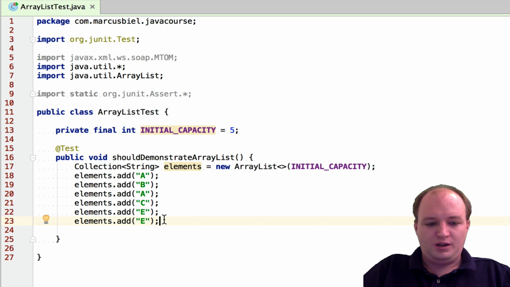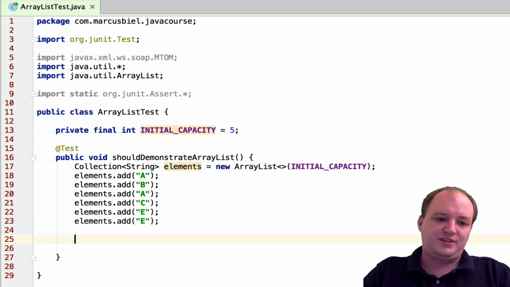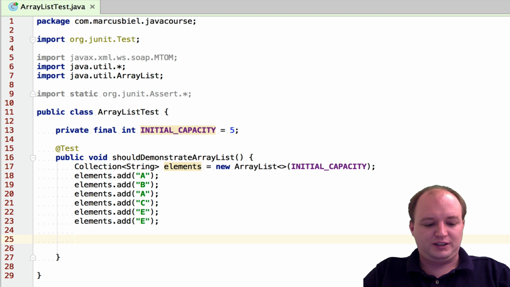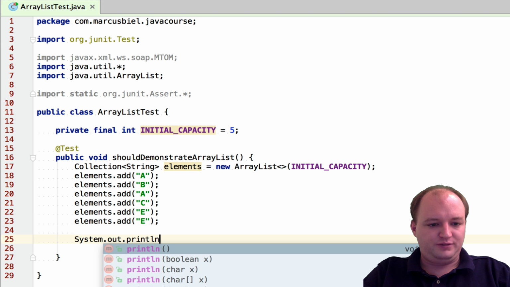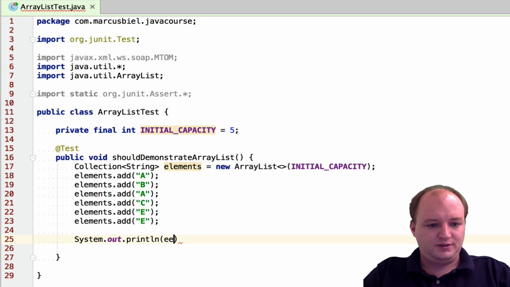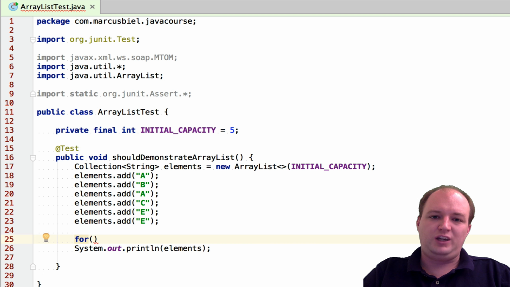Okay. So, and then we can also print the array list as it is now. There are two different ways. Array list has also a toString method, so I could directly say system out println elements, but I'm doing it a bit more complicated because I want to show you how we actually iterate over the array list.